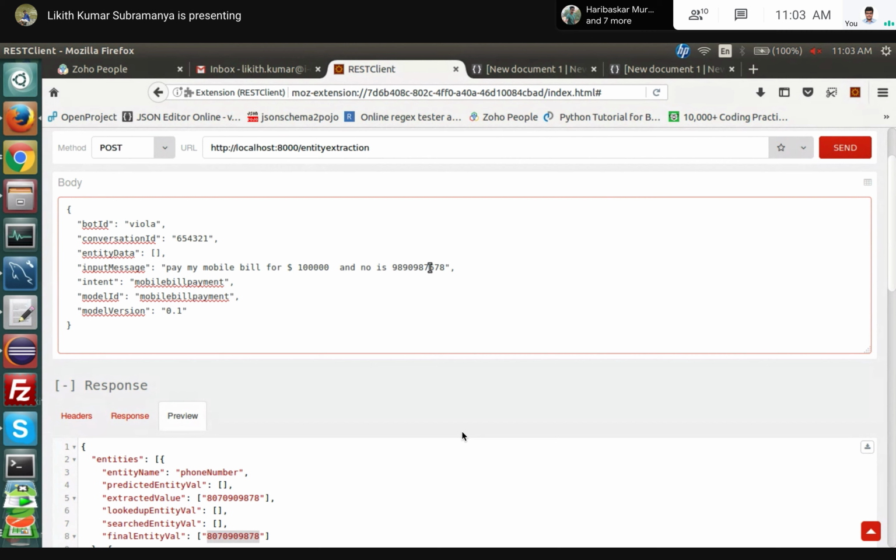But in your case, to build the context around it, we need to go for a model. If you need to solve those kinds of issues, that has a model, and you can extract those things as well. Even these simple things can be extracted using a model, but training, maintenance and understanding the model is a trial and error kind of thing. We need to test it, so it will take a lot of time. That's the only thing. Apart from that, you can use a model as well. Whatever you have told will be extracted. That won't be a problem.